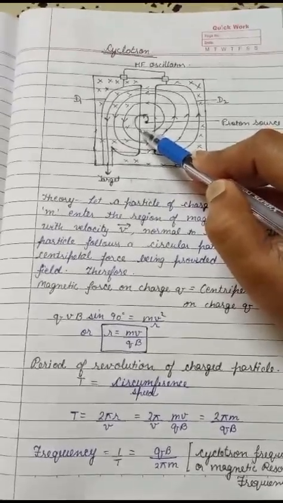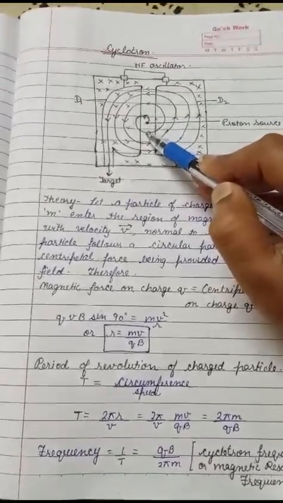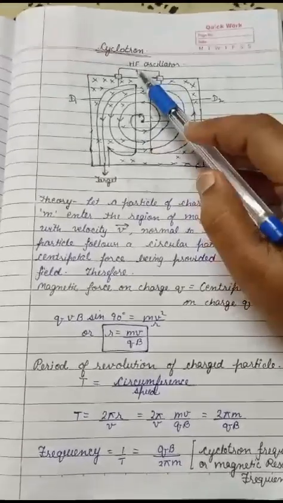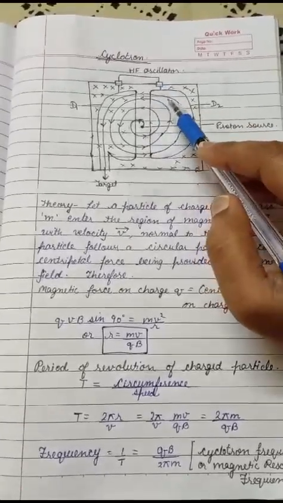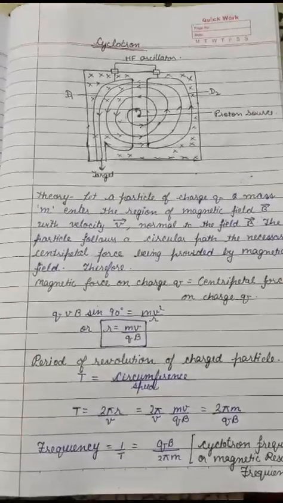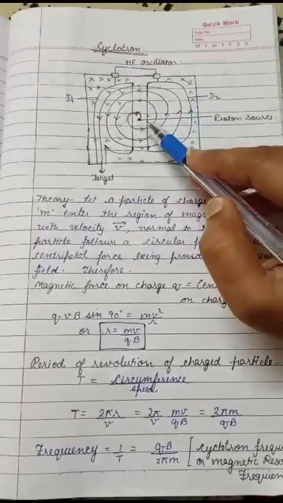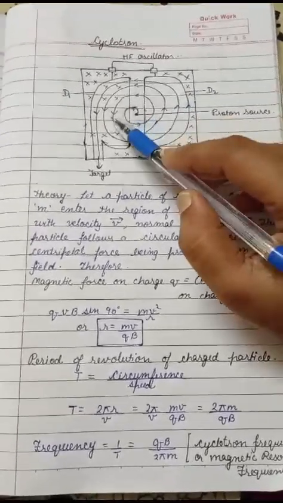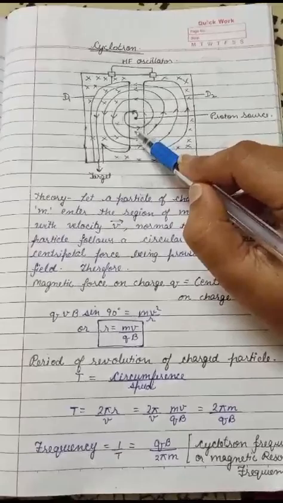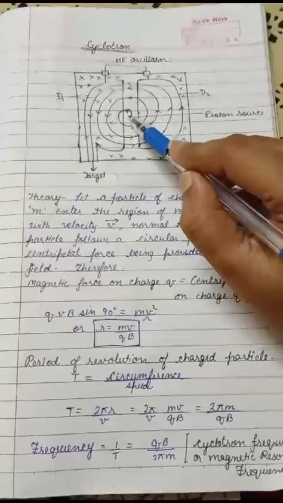When the particle reaches the periphery, it gets accelerated outward. Now when it comes into the electric field, the polarity is changed. The alternating voltage is of very high frequency, so polarity changes within milliseconds, and it is set up so that as the particle comes into the electric field, the polarity changes. Now D2 becomes negative and D1 becomes positive. Again the electric field throws the charged particle into D2. Now this charged particle will cover a larger radius than before.